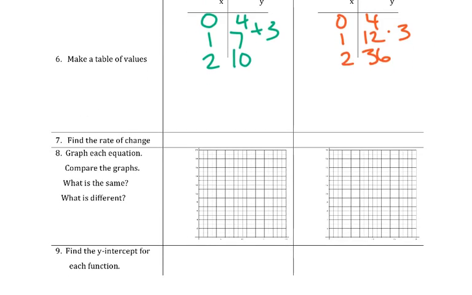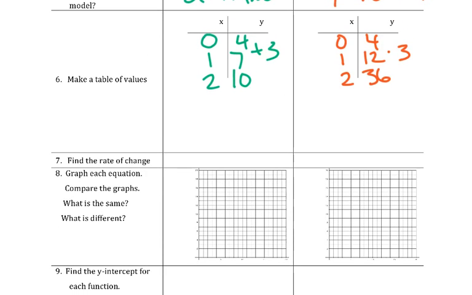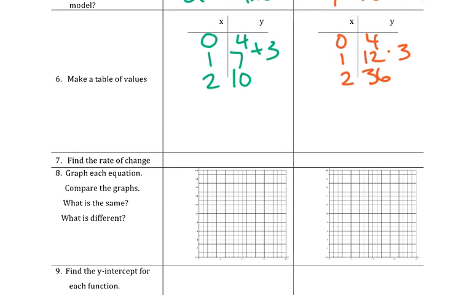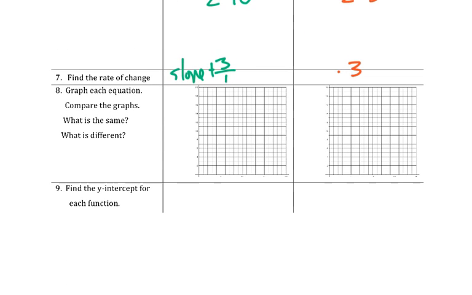Okay. Now the rate of change, well, this one is adding 1 on this side, adding 1 on this side, so it would be 3 over 1. Okay. Our slope, or rate of change, would be adding 3 over 1. On the right side, we're timesing by 3, so our rate of change would be timesing by 3. Okay. Now if we graph them,